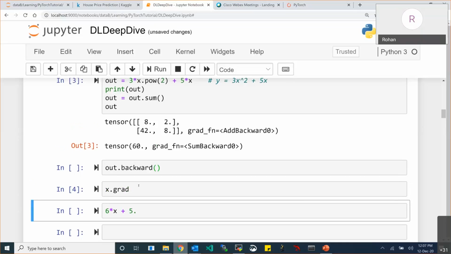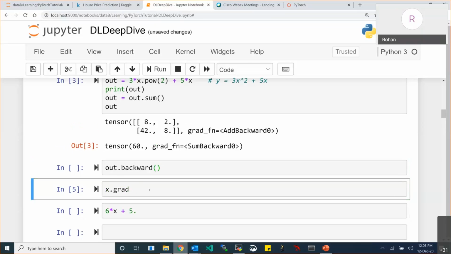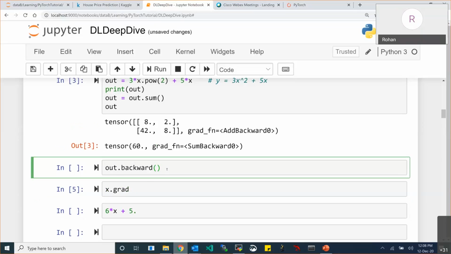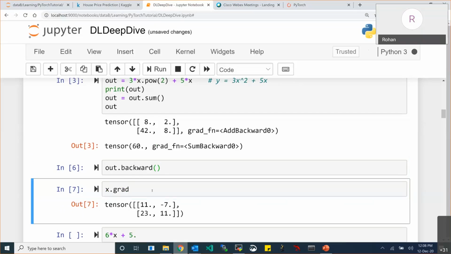The gradients will only be computed when we execute the backward function. If I execute this grad again and again, it is not going to return me anything because the gradients have not been computed till now. Now when I do out dot backward, let me do this. Yes, now I have done out dot backward, and now when I do x dot grad, it is going to return me